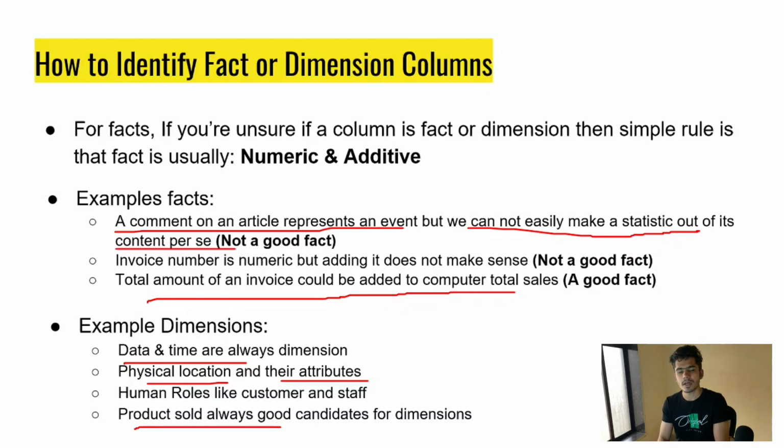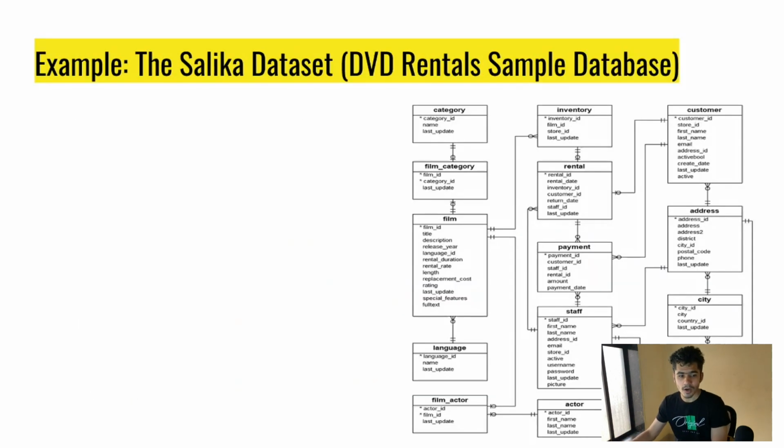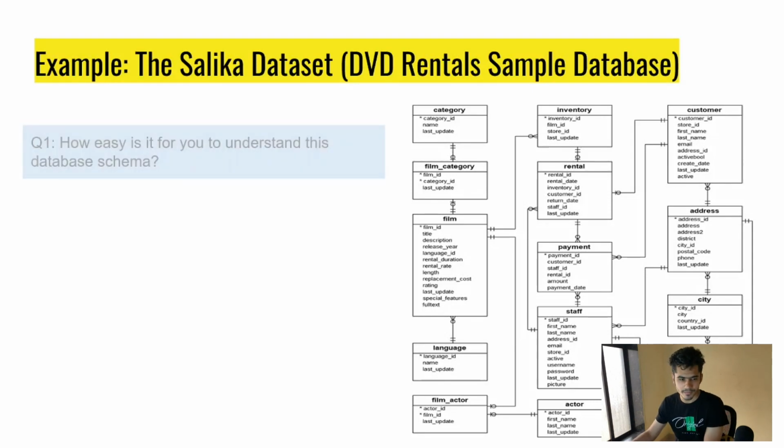But for now, just understand why we use dimensional modeling rather than using the transactional system to get the analytical process. Now let's talk about the example. So this is basically the hello world of data warehouse, and you will find this particular data set online. I will provide the link in the description so you can download this. This is the Sakila dataset, basically a DVD rental sample database. This is being used almost everywhere.